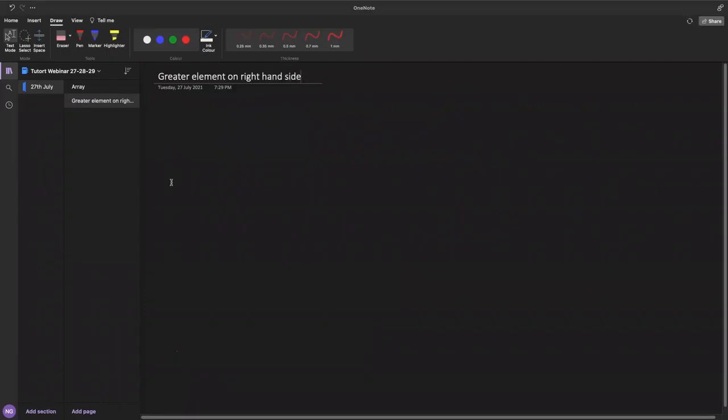Okay, this problem is called greatest element on the right hand side. So the problem statement states that given an array, replace each element by the greatest element on the right hand side.